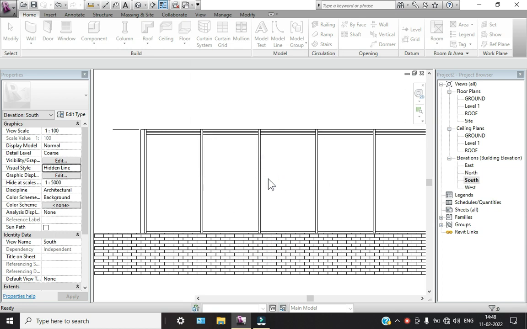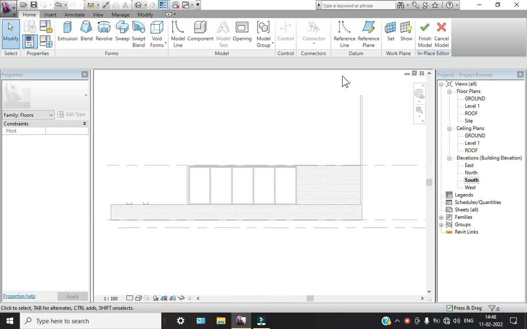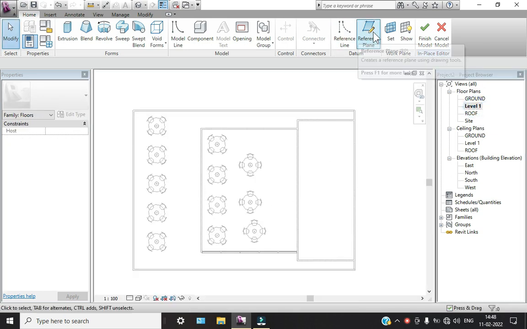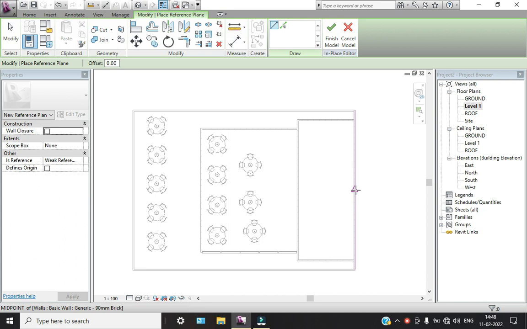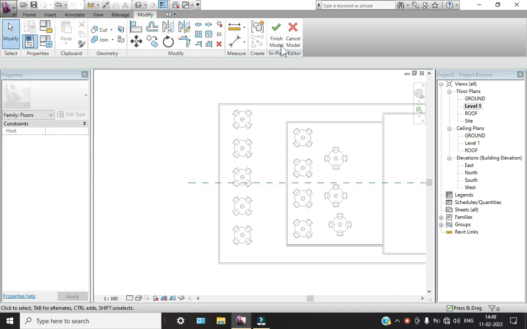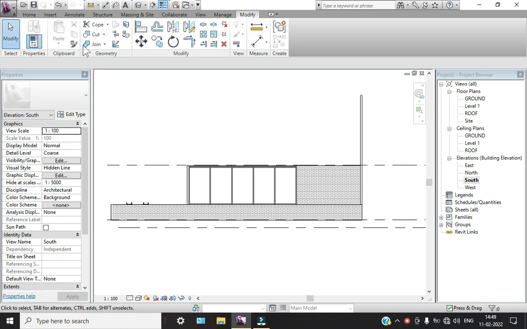So we need a workplane. So for that go to level 1. So go to reference plane. So we will place one like this, right? So right, okay, go to south elevation, close, okay,